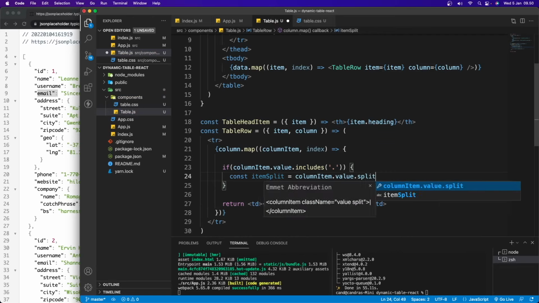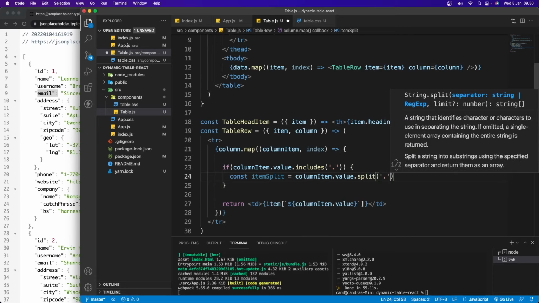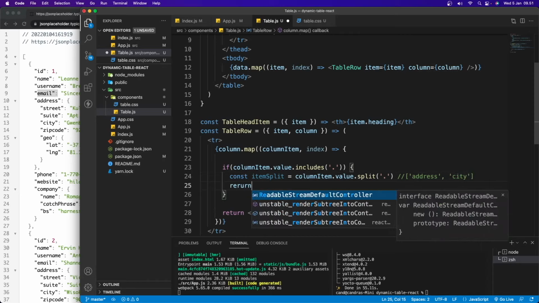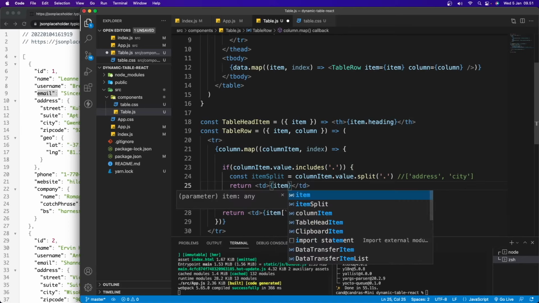We're going to split the value, and the result is going to be like this. For example, the first is going to be address, and the second value is going to be the city. Like so. Then return td,